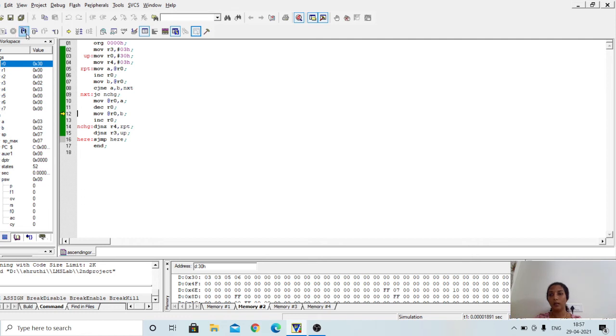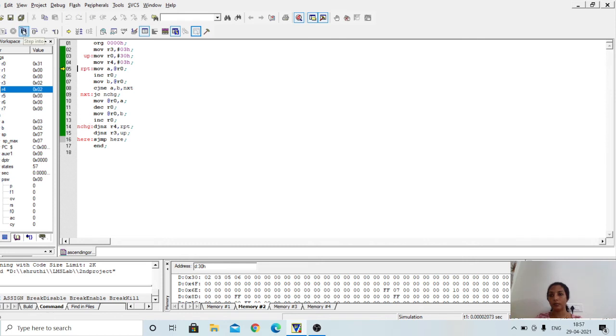So here 2 is placed, the swapping is done. Now again the comparison between the next two consecutive elements has to be done. So R0 is incremented, R4 has to be decremented because one consecutive locations comparison is complete.